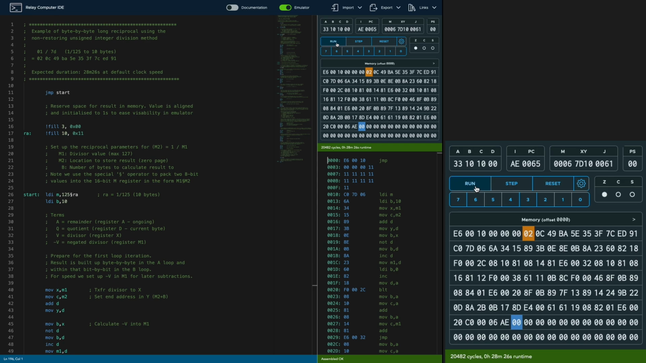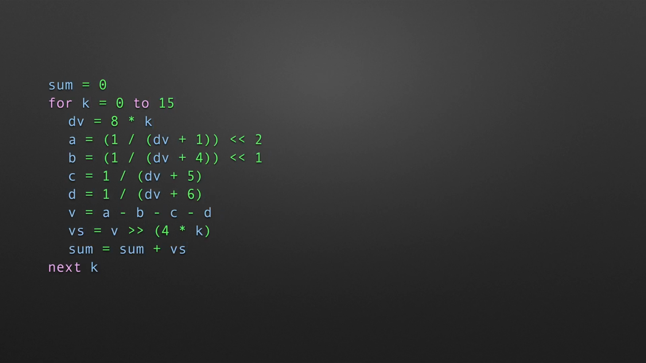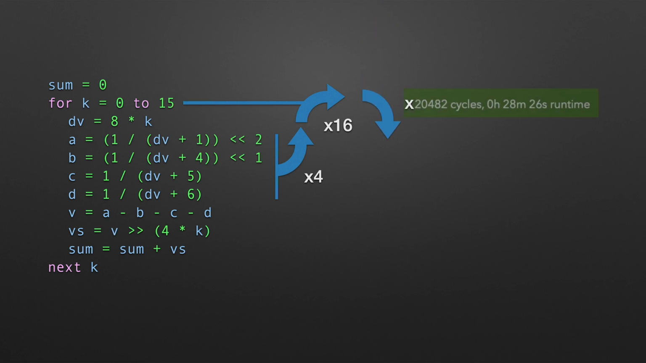Okay, just for giggles, let's see what that would mean for the overall BBP pi calculation. So let's bring in the updated pseudo code from earlier, and we'll focus on the four fractions A, B, C and D. There's many other operations in the pseudocode of course, but let's assume the reciprocals are going to be the main driver of total runtime. So 4 long reciprocals, and there's 16 k-loop iterations in total, so that's 64 long reciprocals, and as we know now, each 10-byte reciprocal takes 20,482 cycles to complete,